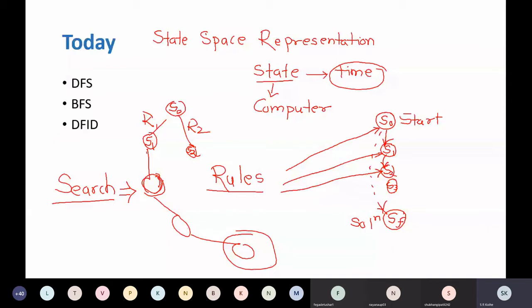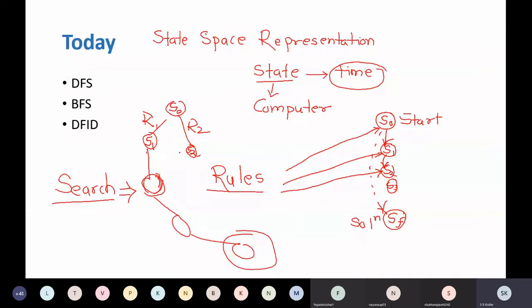Then again explore S2, and that will generate their children, and go on finding out whether the generated node is a goal node or not during every step. So depending upon how you are going to find the solution in this state space tree, that will lead to the specific search technique that you are going to use.